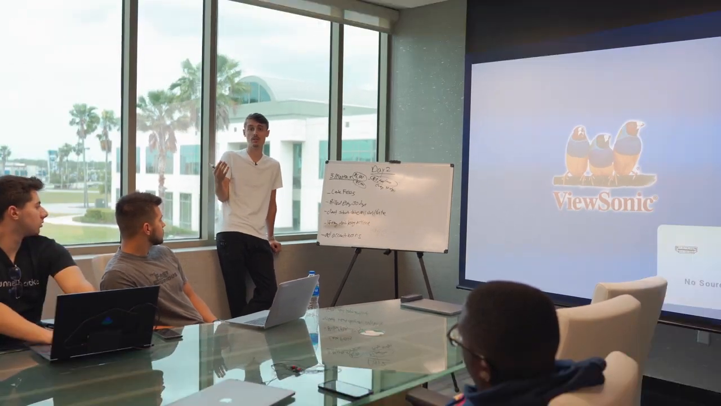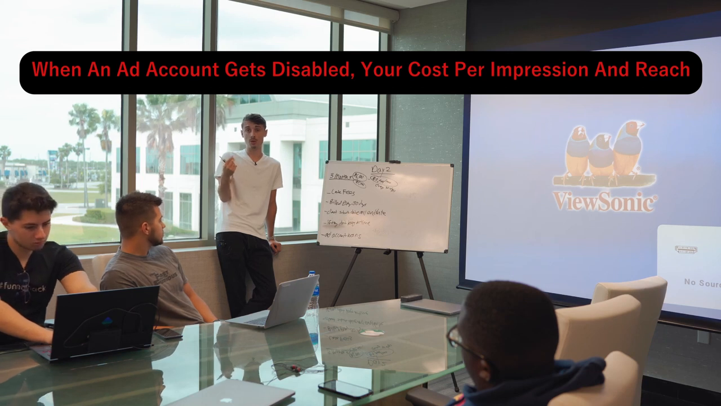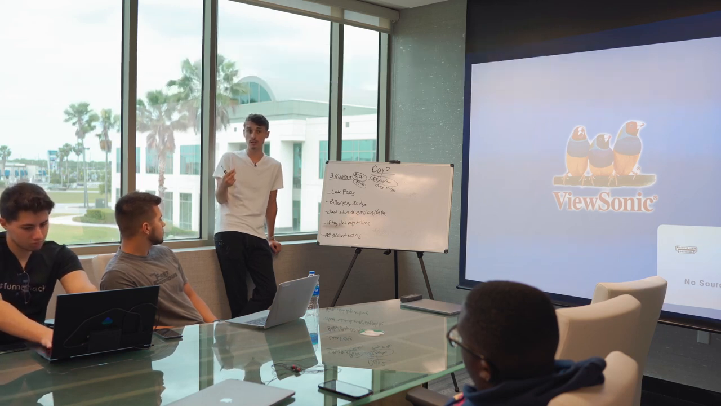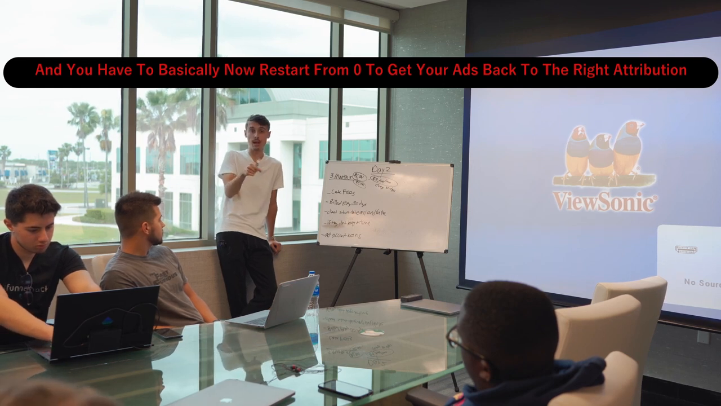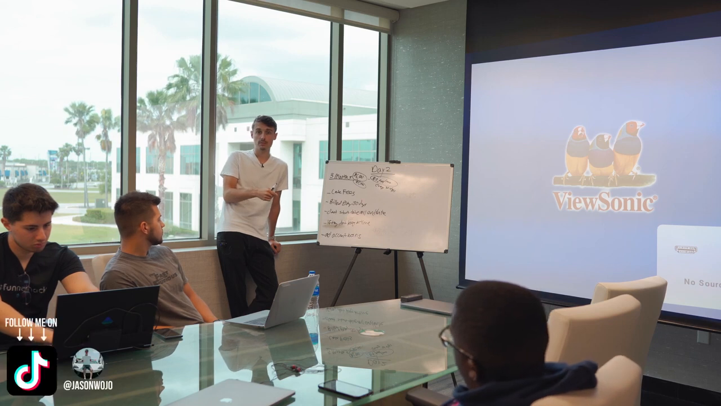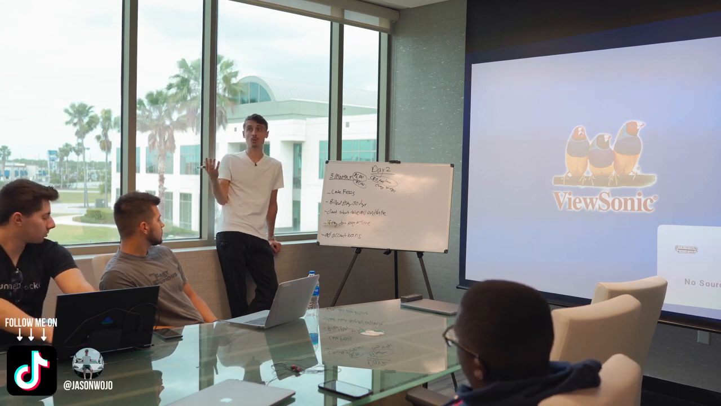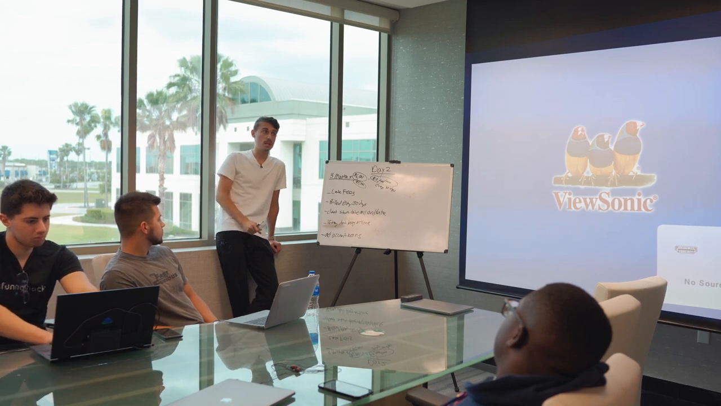I don't know if you guys know this, but when an ad account gets disabled, your cost per impression and reach goes a lot higher. And you have to basically restart from zero to get your ads back to the right attribution. Like, that's a real thing. Also, if it gets disabled more than twice, your account quality is now dropping, because